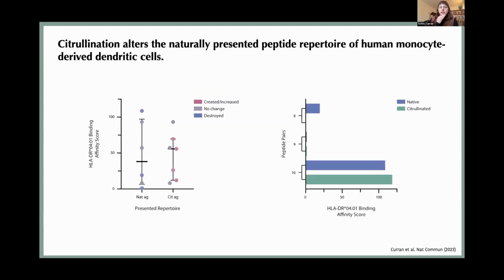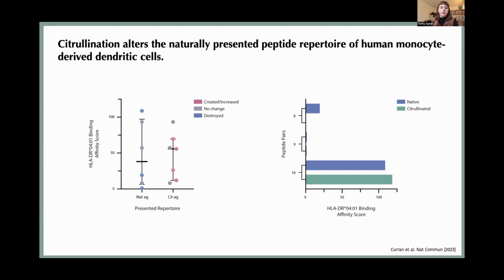So next, we wanted to investigate the binding of these repertoires to the HLA-DR allele, because the big question has always been how these particular alleles are related to citrullination and why they are associated specifically with the creation of the autoimmune response. And so we used the ProImmune Reveal assay, which can approximate binding affinity to different HLA alleles. We used HLA-DR 0401, which is the most common shared epitope allele that I mentioned before.